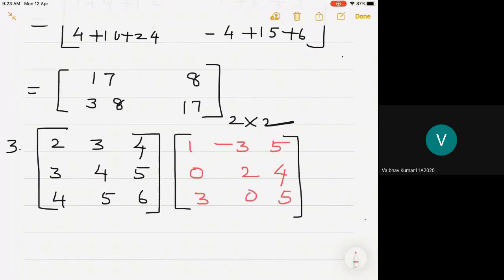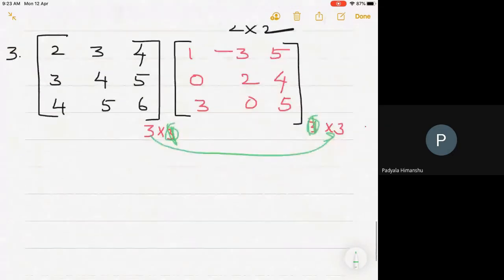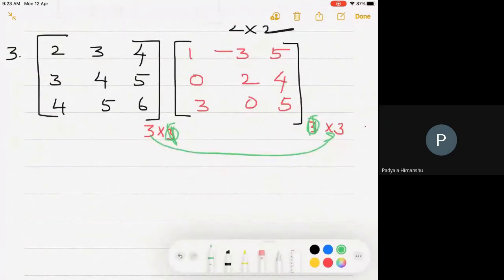You can see that the first matrix is of which order? 3 by 3. Second also 3 by 3. So what will be absorbed is this one. These two get absorbed, and you will be getting the product matrix again of order 3 by 3. So from the first matrix, you will be taking the rows, and the first row you give to all the columns of the second matrix. Again you take second row, give to every column of the second matrix. Again you take third row, give to every column of the second matrix.